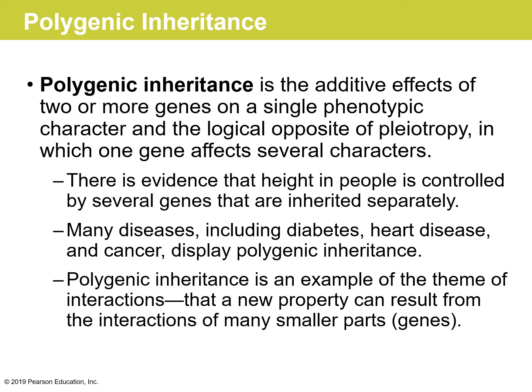So some examples are height in people, weight, because it's not just genetics, it's also your environment and not a single gene. It's an interplay of multiple genes working there. Or susceptibility to diseases such as heart problems, diabetes, cancer, all of these show polygenic inheritance. So does it mean that here Mendel's laws are not followed? Well, each single gene trait is following Mendel's laws, but together when they come, they do not produce the same phenotypic effect as a single gene inheritance would.